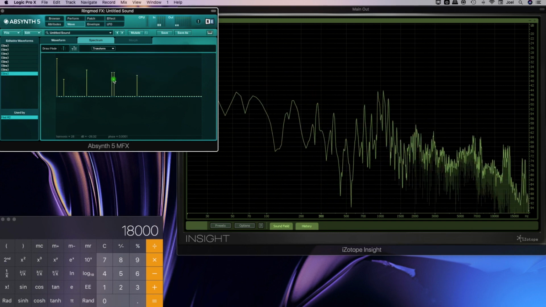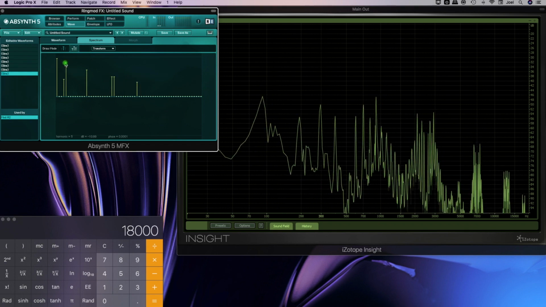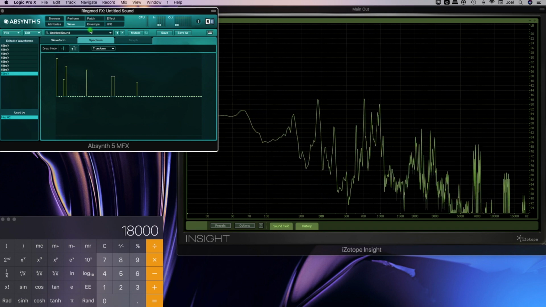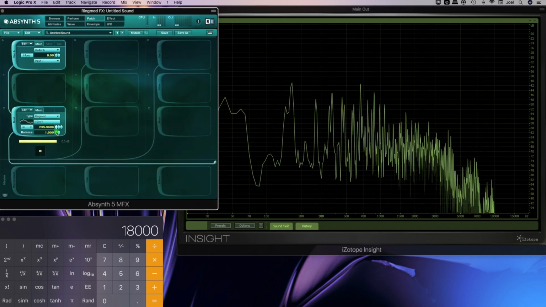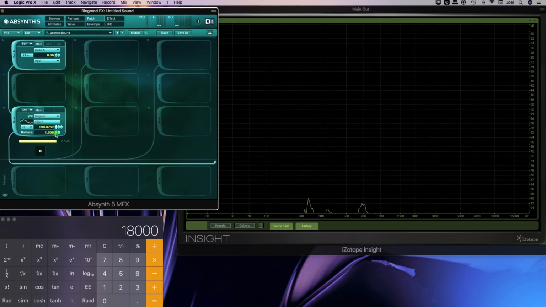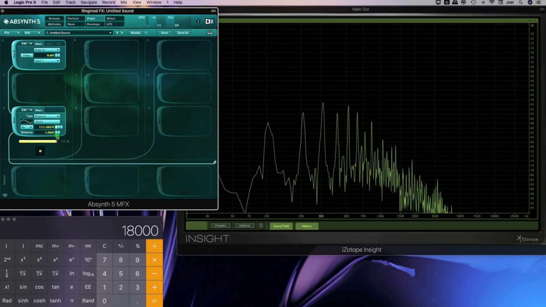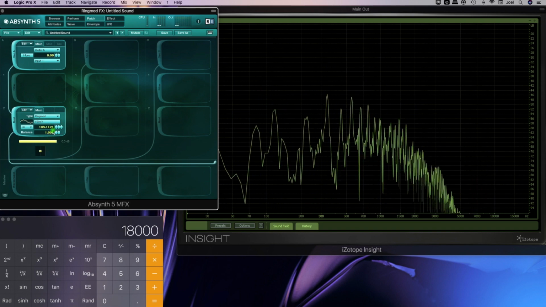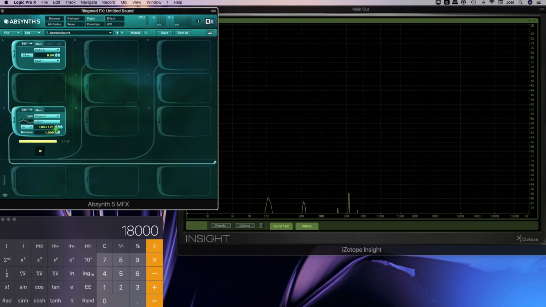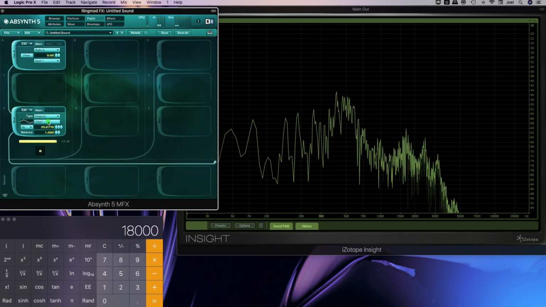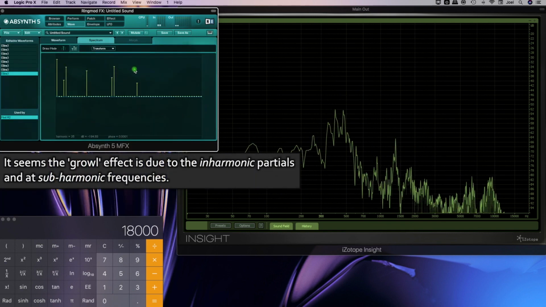So if we use the same idea and have a low slope like this, then it shouldn't be as pronounced in that sense. So what we find is that lower frequencies are more of a growling type sound. If I take this down to like 35, it's very growly,